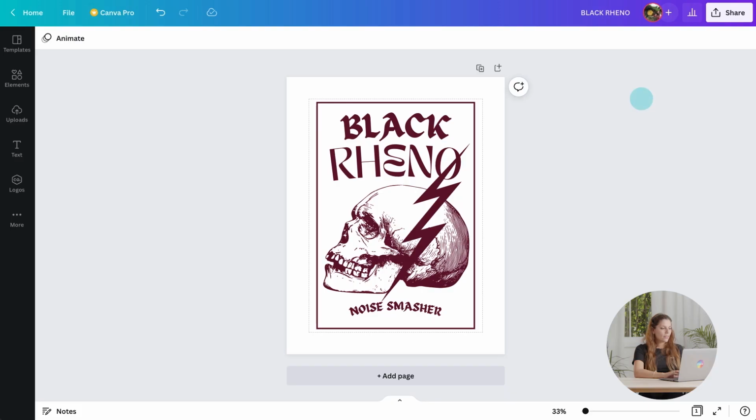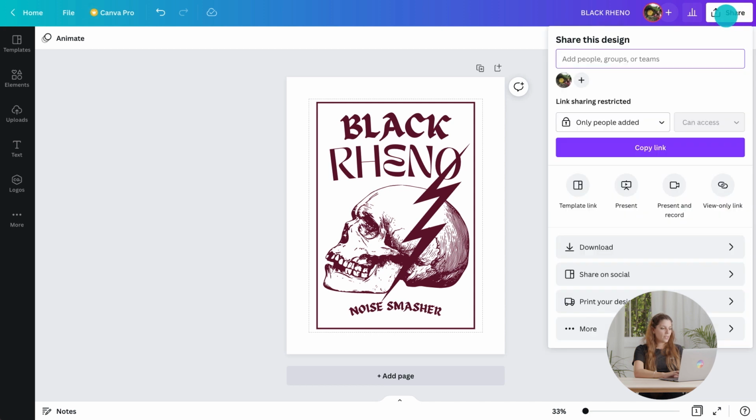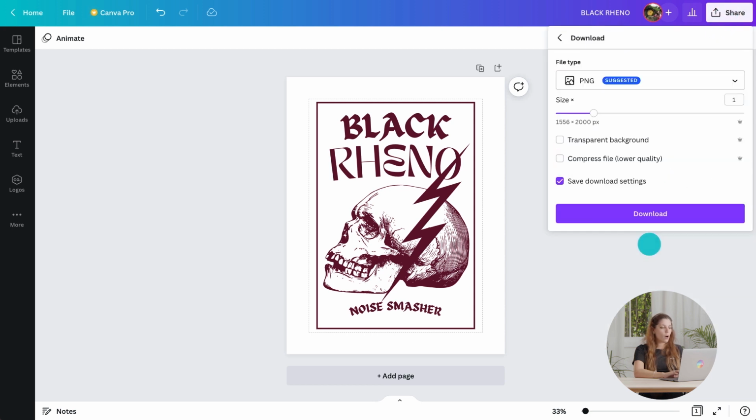I want to show the band what it looks like on different body types so they get the real sense of the final t-shirt design. This way they can give their approval in Canva and we can make adjustments right in the editor before sending it to print. Go to the Share menu and this time choose the Download option